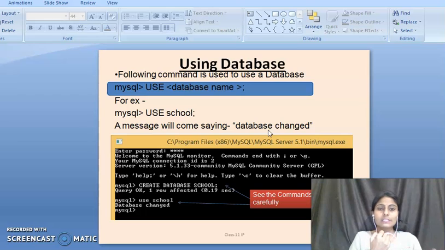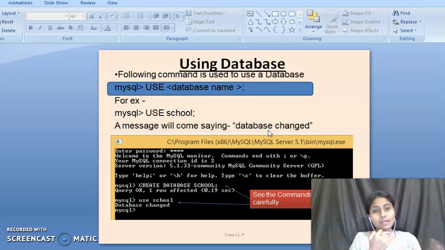Now after creating the database, we have to use that database because we want to use that container. You are already aware that a database works like a container, and when you want to create any new tables, you have to use that container to keep multiple tables in that specific database.